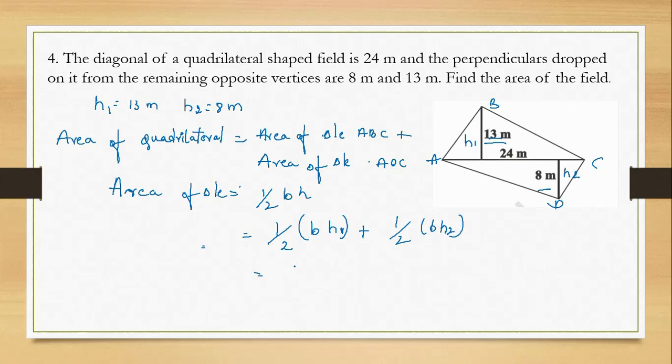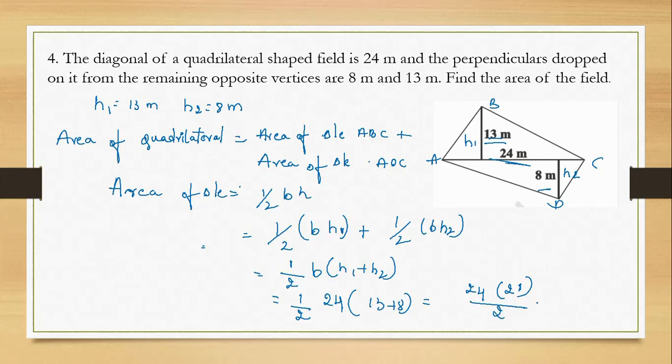So here we write the common things, that is half and b and h1 plus h2 in the formula. Then here we can apply the values. B is 24, they have given that, and height is 13 plus 8, then it will be 24 into 21 by 2,